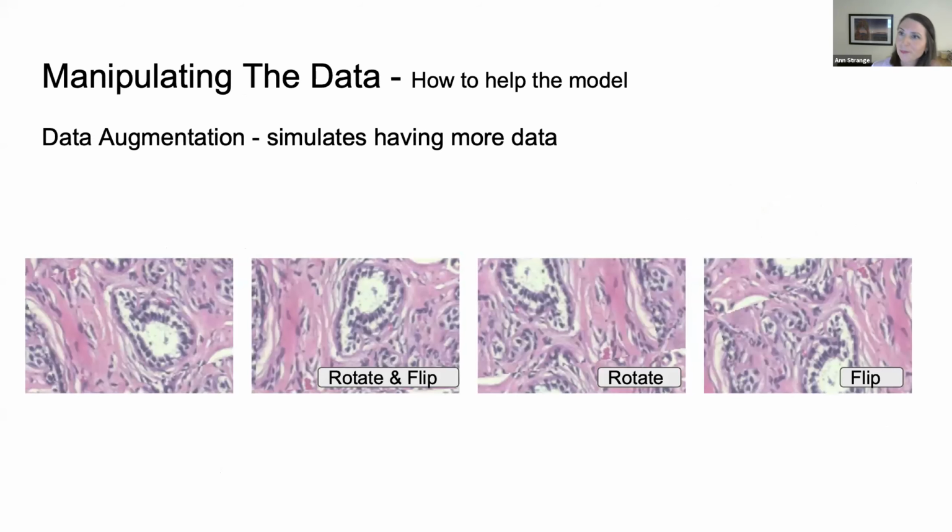in quotation marks. What really helps the model is having as much data as possible. So I did 10x on my data by using data augmentation. I wanted the model to understand that what's important in each slide is the pattern, not where it specifically is on the slide. So I rotated it, flipped it, jiggled it around to help